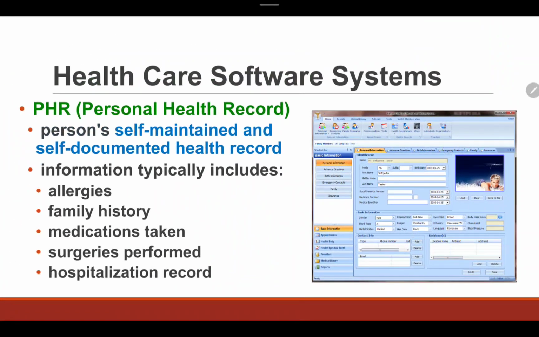Okay, so dito siya guys, since this is self-documented, self-maintained and self-documented health record, ito po yung tayo po, tao ang nag-i-input dito, tayo po manually. Kung kanina sa ating electronic health record, pag magpunta ka ng hospital, lahat ng ginawa sa hospital, lahat ng mga laboratory mo, sila ang mag-record doon. For this one, tayo po.